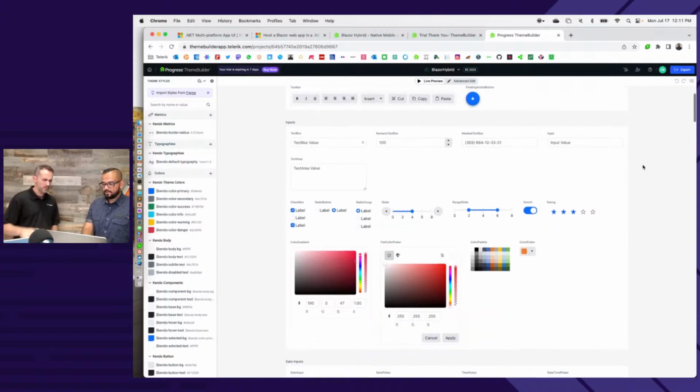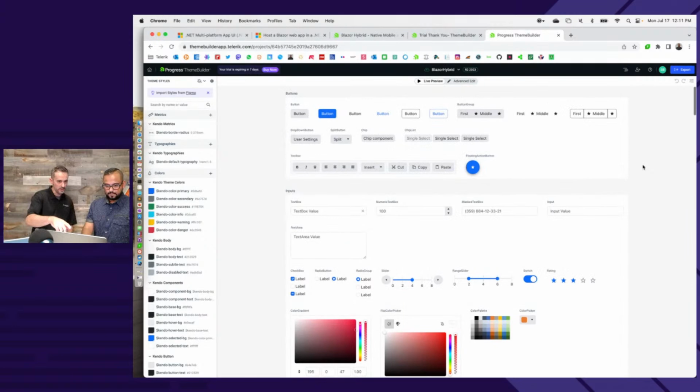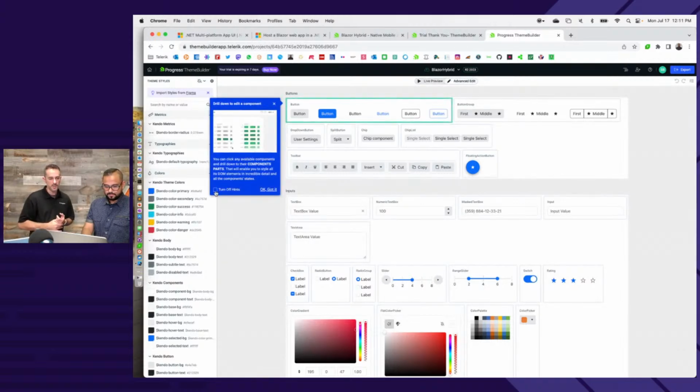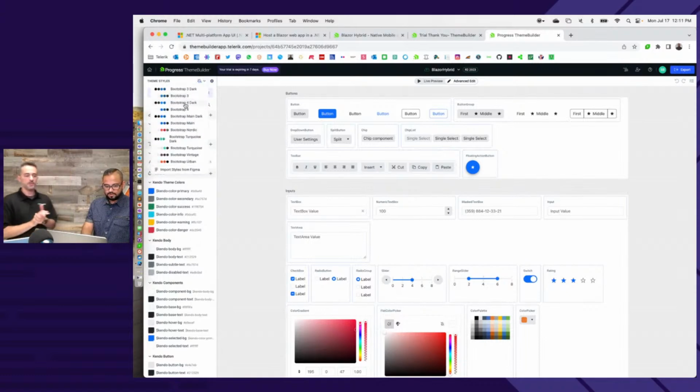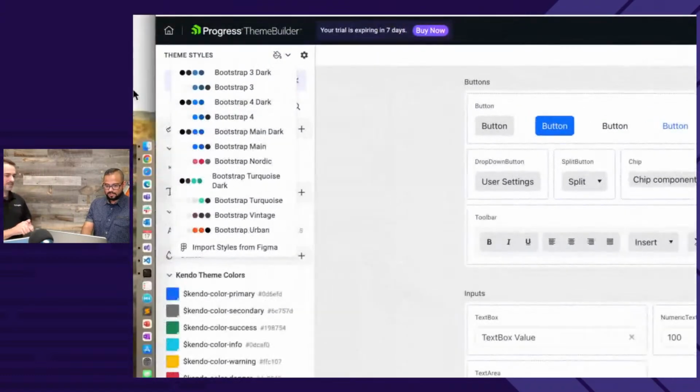Yep. And I believe there's a swatches panel in here somewhere as well. I'm not an expert on this, but somewhere maybe an advanced edit. Could be. It's been a minute since I looked at it. There's been an update. Yeah, I think it's under the little paint bucket there. That one. There we go. Oh, okay. So yeah, you can start with Bootstrap dark, Bootstrap turquoise.